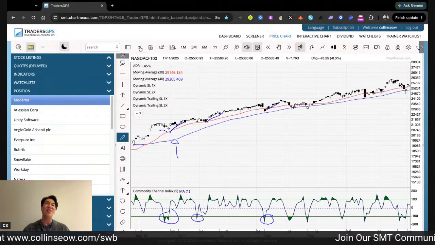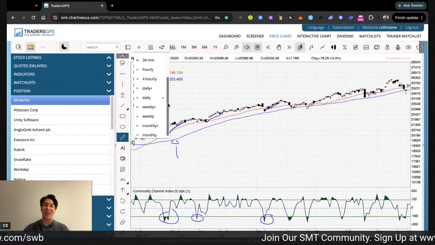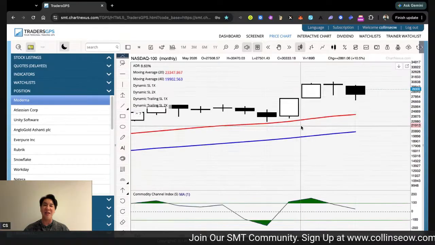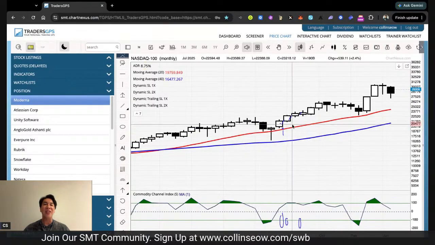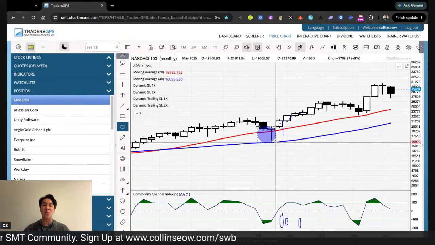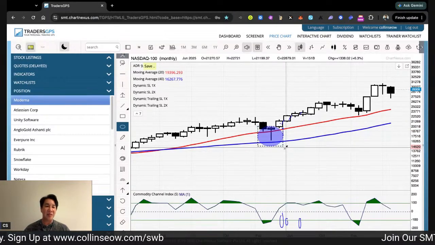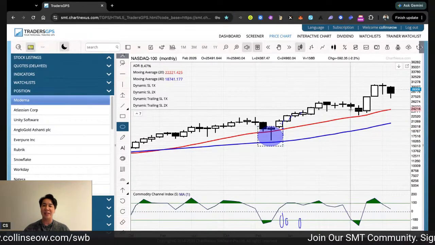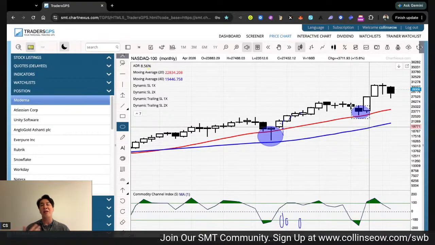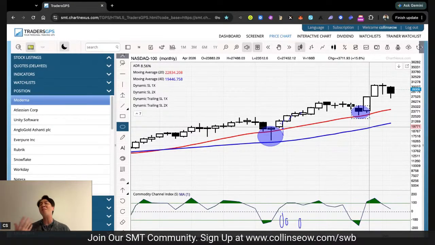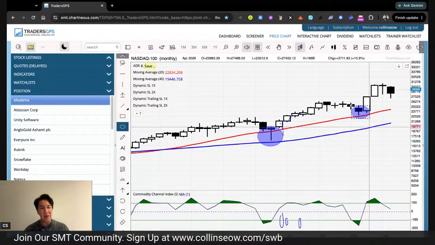So if you go to the monthly chart, this is a bit of training. I'm not teaching it in the SMT class, but this is the monthly chart. Can you all see the monthly swing setup or not? Type yes if you can see that. Martin can see, right? Shirley can see, Laura can see, right? Same thing, same principle. Do you understand what I'm saying?